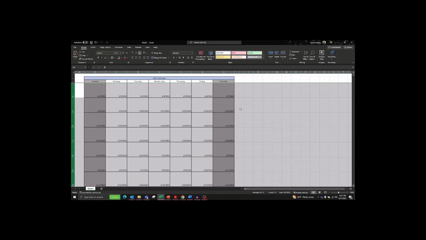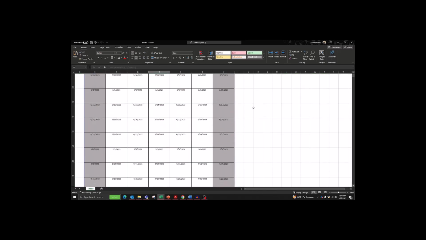Change this to 75. Put this up top, centered, and now you have a calendar that you can just go